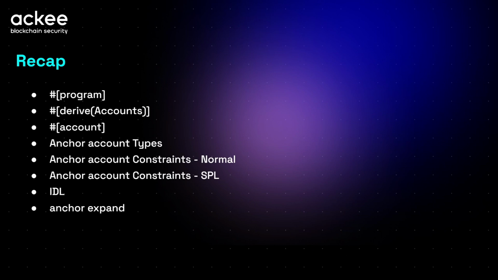If you are looking at the non-expanded program, the macros will eventually be expanded, but if you are looking at the expanded program, that means you are looking at the final version before the compilation. So you have all of the information that is possible to obtain from the program after the expansion of the macros. So I found this anchor expand command really helpful.